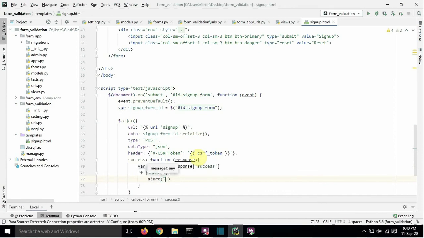Alert form valid and user created successfully.